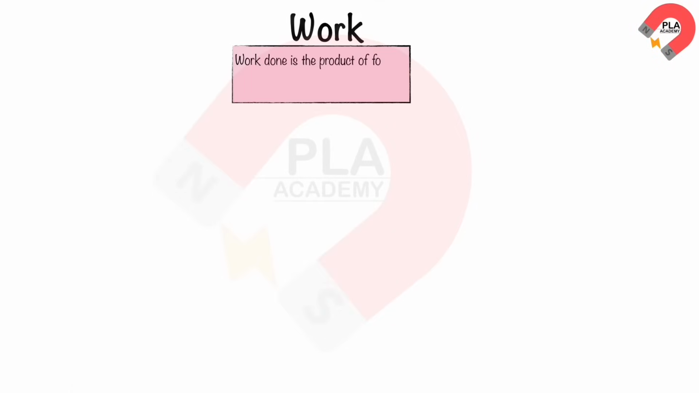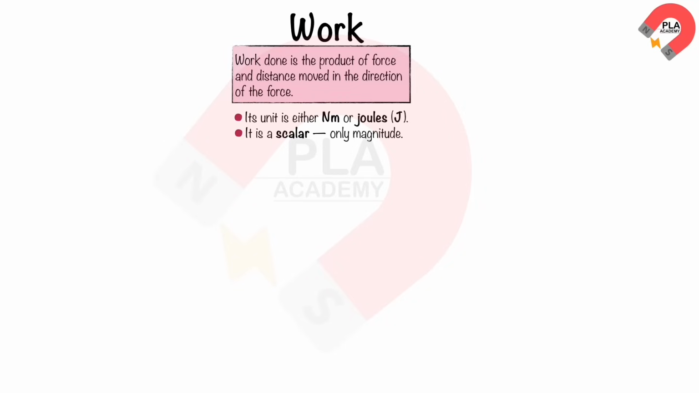Work done is the product of force and distance moved in the direction of the force. Its unit is either newton meter or joules. Work is a scalar quantity, which has only magnitude. The equation for work done can be written as W equals F multiplied by d, where W represents the work done in joules, F is force in newtons, and d is the distance moved in the direction of force in